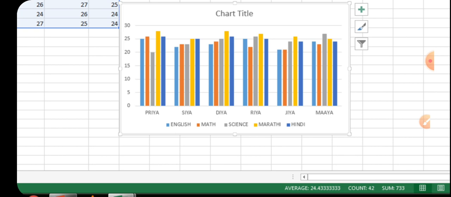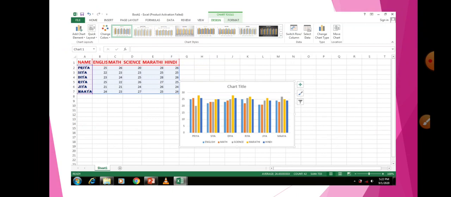It is converted for 30 marks, and how many marks she is getting is present here in the bar chart. Priya, Sia, Dia, Ria, Jia, Maya, all are present here, their names, everything. The way you make a chart in your math, the same way you have to do it here also. Okay, this is your chart. I hope it is very easy to understand, because everything is present here on this paper. Whatever the chart sheet is and how the result will come, you can see everything here. So I think it is easy, and you have to perform these tasks properly.